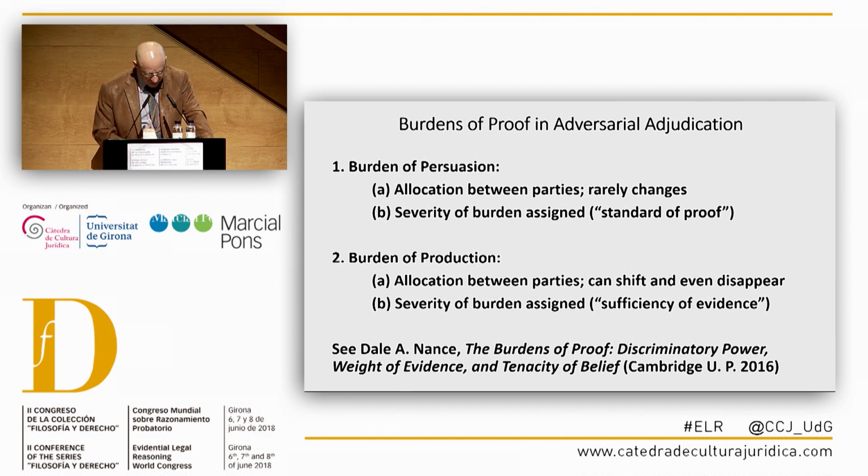Its severity is specified by what is usually called the standard of proof, such as proof by preponderance of the evidence, or proof by clear and convincing evidence, or proof beyond reasonable doubt, which actually does rarely happen in civil cases. All this is determined by statute or judicial decision for each cause of action. By allocating the burden with regard to certain ultimate material facts, the law determines whether each such fact is part of the plaintiff's prima facie case or instead part of an affirmative defense.